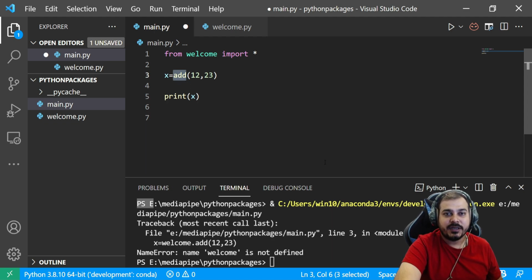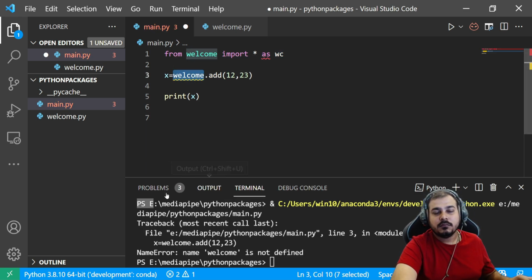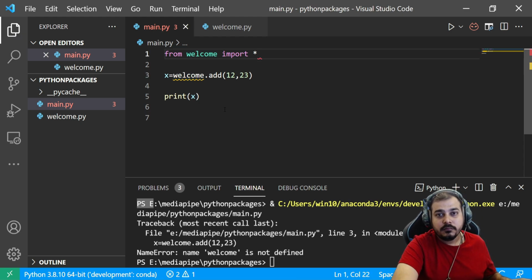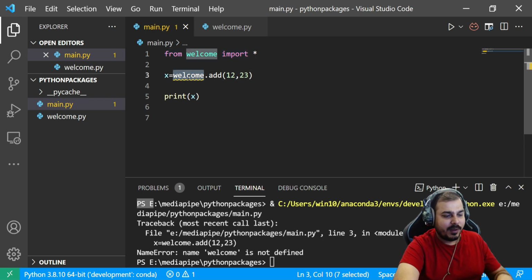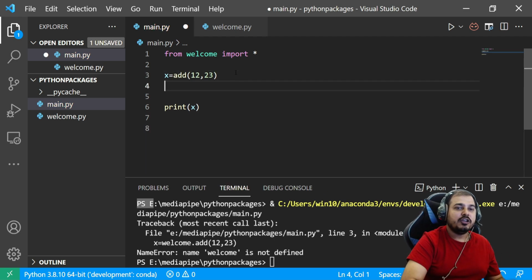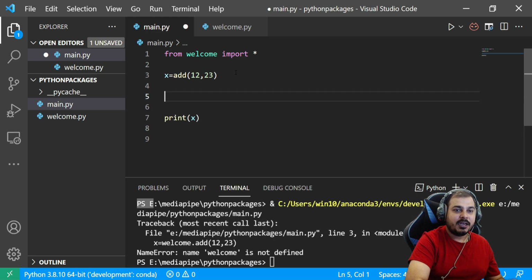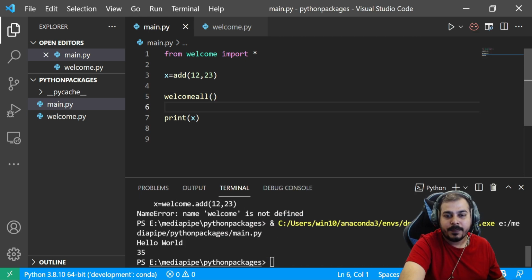So if you're using this kind of import statement, guys, you don't have to call the welcome separately. Instead, you can directly call the function itself. So here you can call the function, and here also you can directly call the welcome all function. Okay. And probably execute it. Then you can see the specific output. So here you can see hello world and 35 is actually visible.